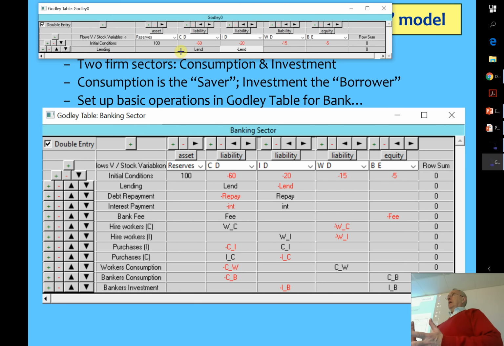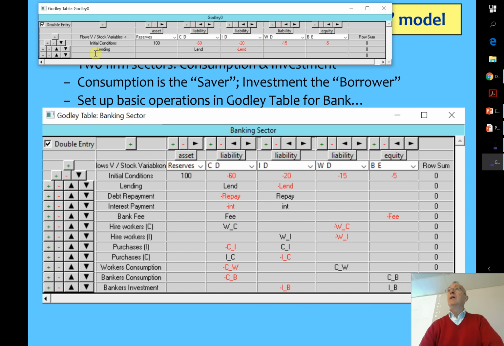If we add the capability of putting in mathematical elements there, then you can have alpha going to one account and 1 minus alpha going to another. We can't quite do that yet. Okay, that's the first stage of adding. I forgot to mention, when you press the plus key here, you create an additional row. Okay? And you can also delete a row by clicking on the minus, and you can move rows up and down by using those arrow keys. So just to rearrange the tables to make them look more clear.